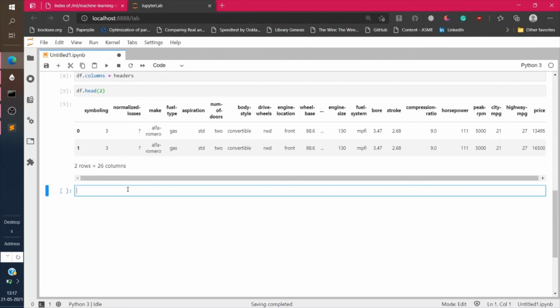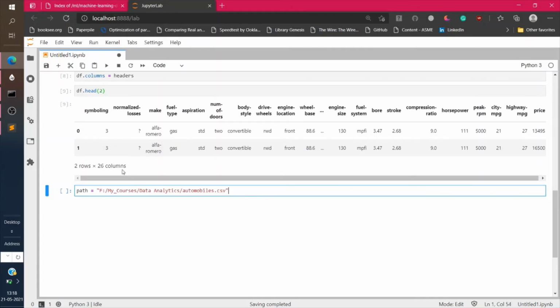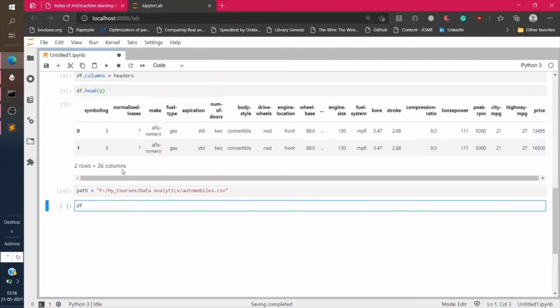For example, if you would like to save your data frame df as automobile.csv to your computer, you can use the syntax df.to_csv and give the path at which location you want to save your CSV file.